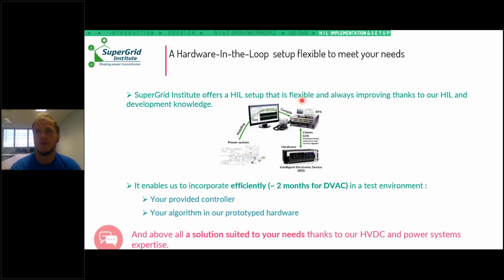So with both implementations of DVAC, the message is that we can offer an HIL, a hardware-in-the-loop setup that is flexible, and we can improve. We are always improving with our development knowledge. Here we show we can incorporate efficiently an algorithm in a test environment, with a controller provided by a partner,